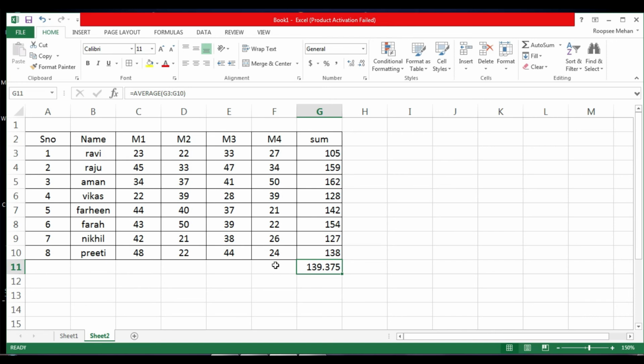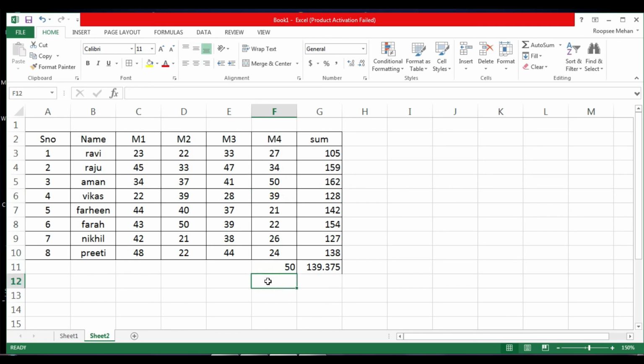Now let's see how we can get what is the maximum number or which is the minimum number in a given column or in a given list of numbers. So if these are the numbers and I want to find the maximum out of it or the biggest number, let's see, I'll click over here in this cell, click on the drop down in the auto sum, I'll click on max to get the biggest number out of these. Now it is selected, the series is selected, just press enter. So it has given me 50. So 50 is the largest number among these.